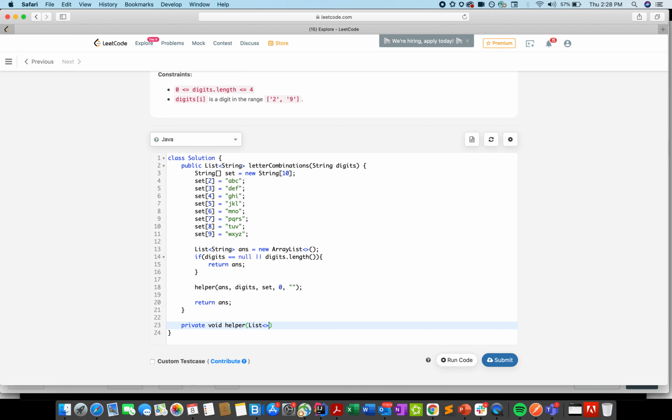The first part is the list of strings, then the set of strings, then the digits, and next we have the current index under consideration, and the last one is the current string that we have built so far.